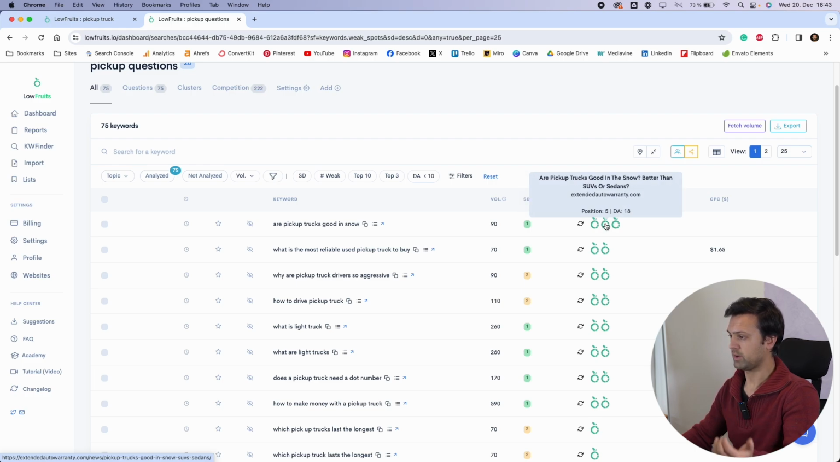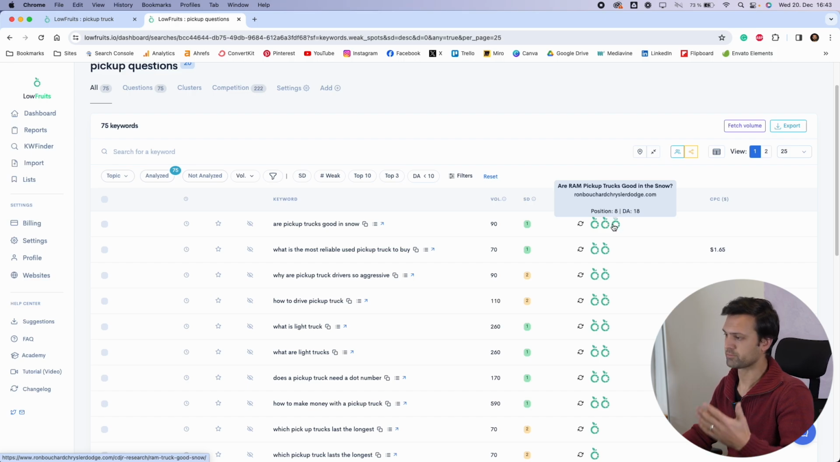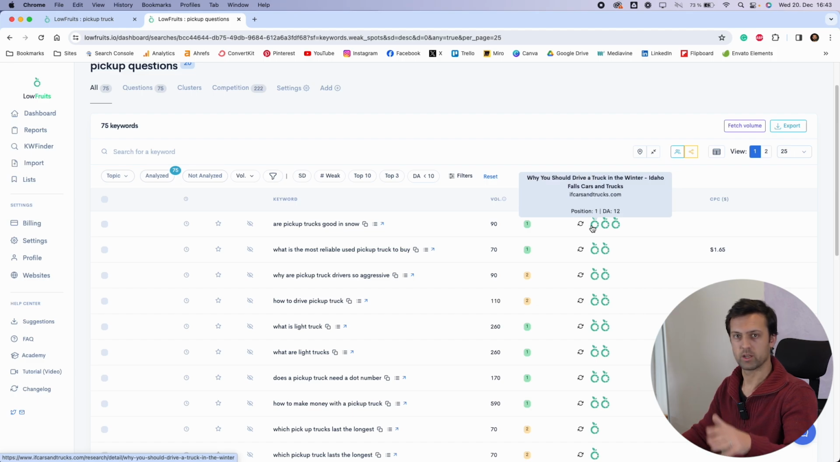And then position 5, we've got a DA of 18, extended auto warranty, and so there, that's in position 5. And then here in position 8, we've also got, this is some type of Chrysler Dodge dealership, and that's got a DA of 18. So these are sites that we would have a good chance of ranking for or competing